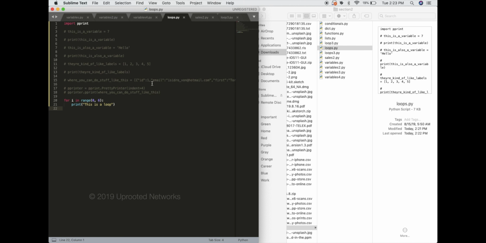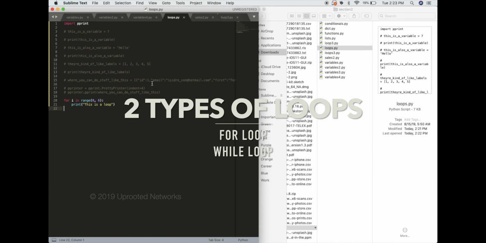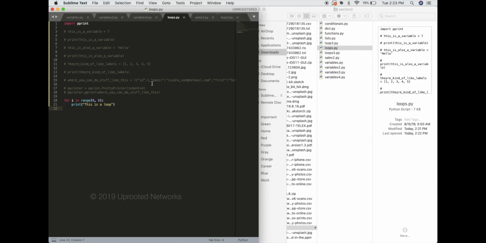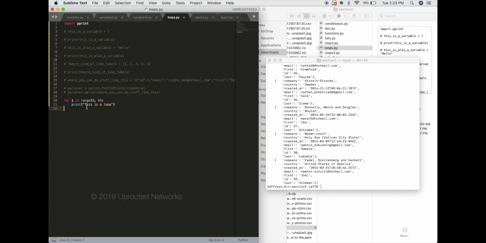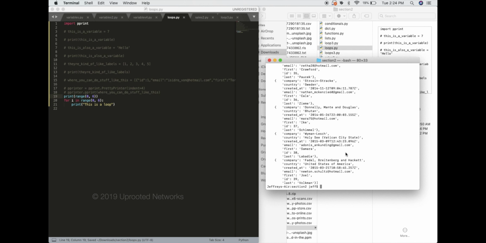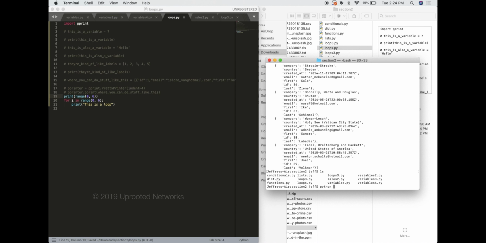So in Python there are two kinds of loops. Certain languages have three: a for, a while, and some languages have a do while. In Python, for and while loops are more than enough. So in this example, I've already created a loop for you called using a for loop, and this will count i, which is initialized as a variable. Remember, variables are labels, and inside of a range 0 to 6. So what this range function actually does, if we print it, is create an array for you of the